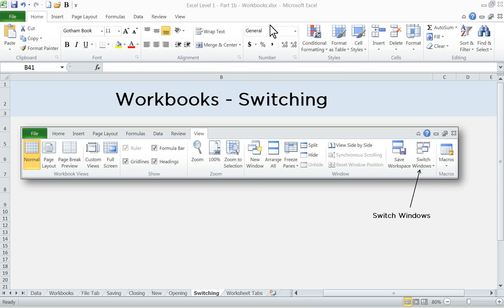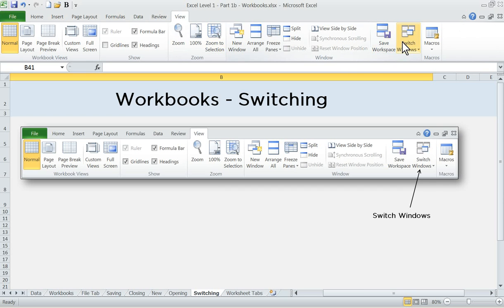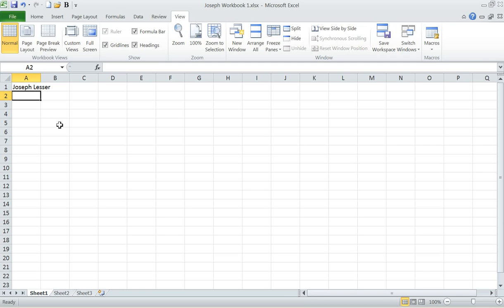So I'll show this to you in my live ribbon up above. If I go to the View tab, I see the Switch Windows button. When I click on that, it shows me all of the workbooks that I've opened. 1, 2, 3, none, 10 workbooks could be open. Okay? So when you click on that button, it tells you with a check mark which workbook is the active workbook. And if you wanted to switch to another one, let's say this Joseph workbook 1, I click on it,